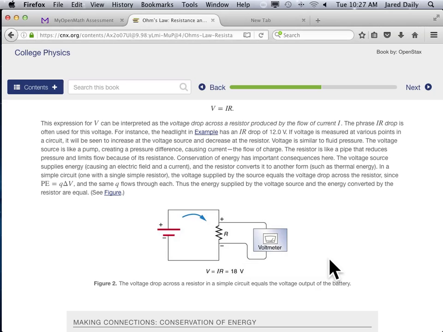Voltmeters are very difficult to destroy because they're very high resistance. They're usually way up in the mega ohm resistance range. All they're trying to do is measure the energy difference from one end to the other of an element of a circuit. So you just touch on one side, touch on the other, and you're good to go. Ammeters that measure current are very easy to break. Remember this, because I almost always get somebody blowing one up in my labs in this class. Well, not blowing one up, it just burns out a fuse. But anyway,